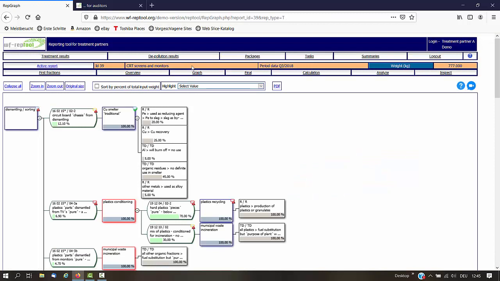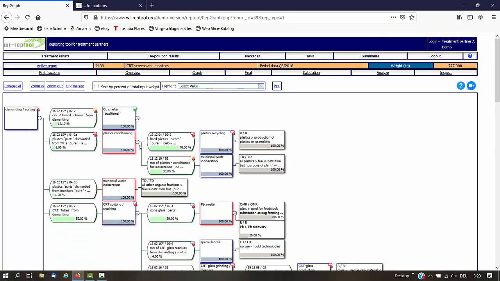The graph is the picture of the treatment tree, which you may, for example, print out for your audit to follow the treatment process. Regarding the options to collapse and expand the graph to see more or less information per fraction,